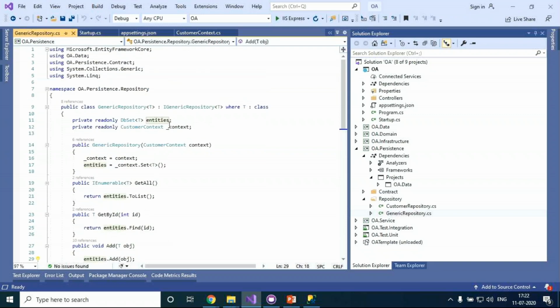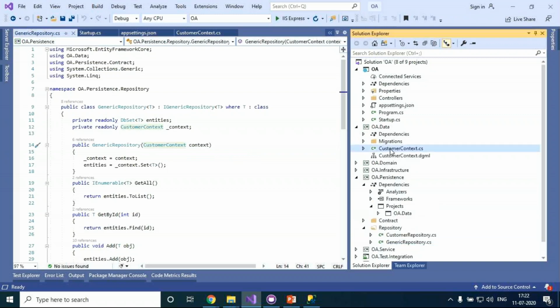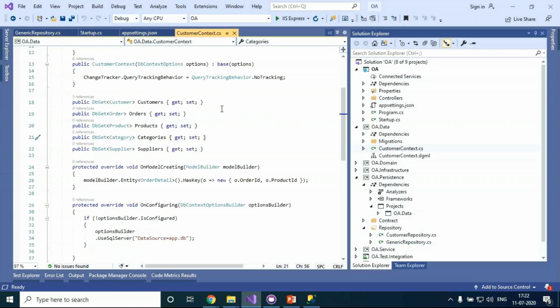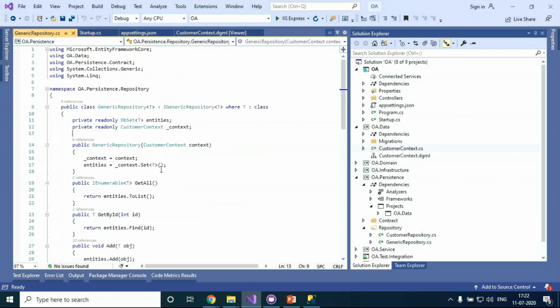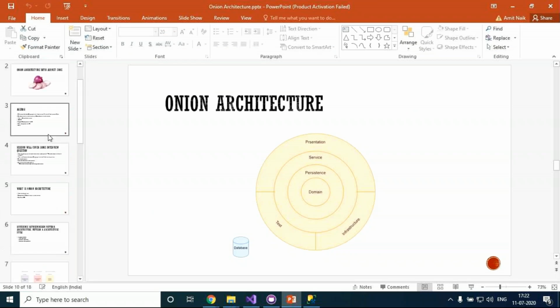I'm calling the data access, the customer context. What is the customer context? It is our DbContext, which I talked about in the previous slide. The onion architecture has three things.